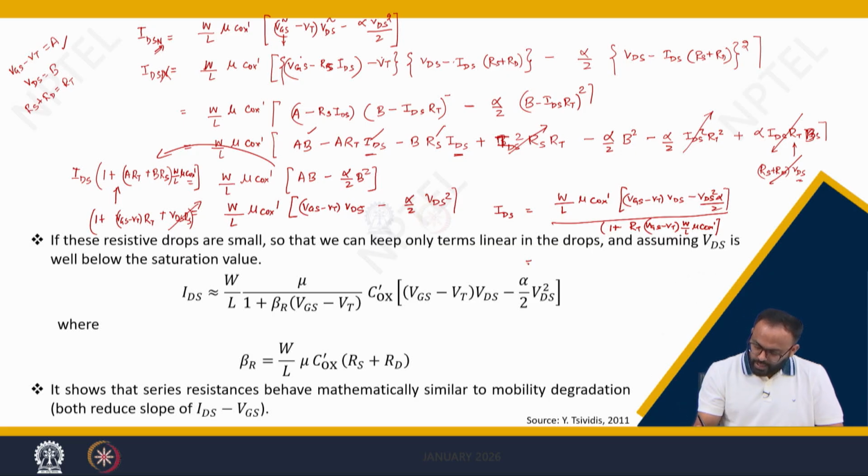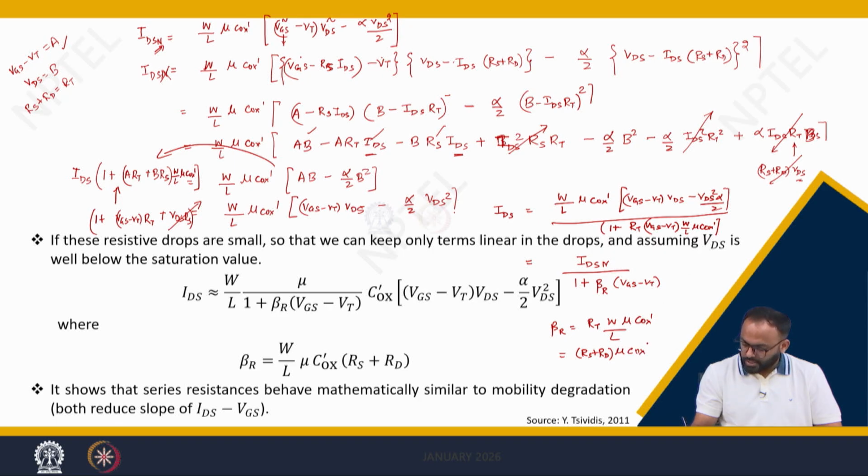So, this equation can again be rewritten, where the above part is IDSN, but the below part you can rewrite as 1 plus beta R into VGS minus VT, where beta R is nothing but RT into W into mu COX dash divided by L, where RT is nothing but RS plus RD into mu into COX dash W divided by L